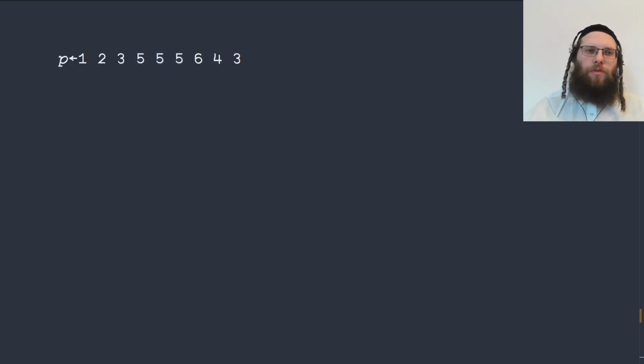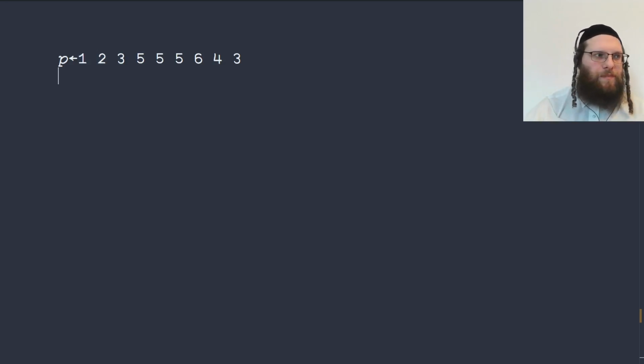But this is actually only 2 steps because we go from a 5 to a 5 and then from a 5 to a 5. Whereas over here we have 4 elements in a row that are consistently increasing, even though the increase is not consistent. So we would go from 1 to 2, and then 2 to 3, that's still increasing, 3 to 5,